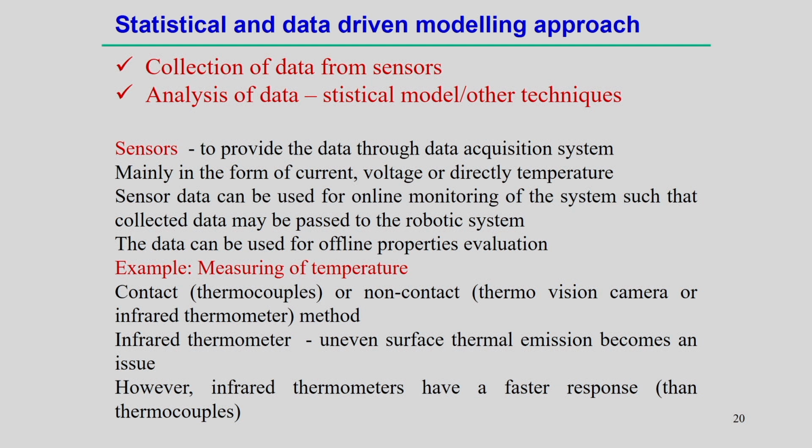Infrared thermometers are more reliable as compared to the thermocouple, because infrared thermometers have a faster response as compared to the thermocouple. So, once we decide on online monitoring of the system, then it is better to acquire the data from the infrared camera as compared to the thermocouple data. So, that is the difference in collecting the data and what kind of sensor we can use for